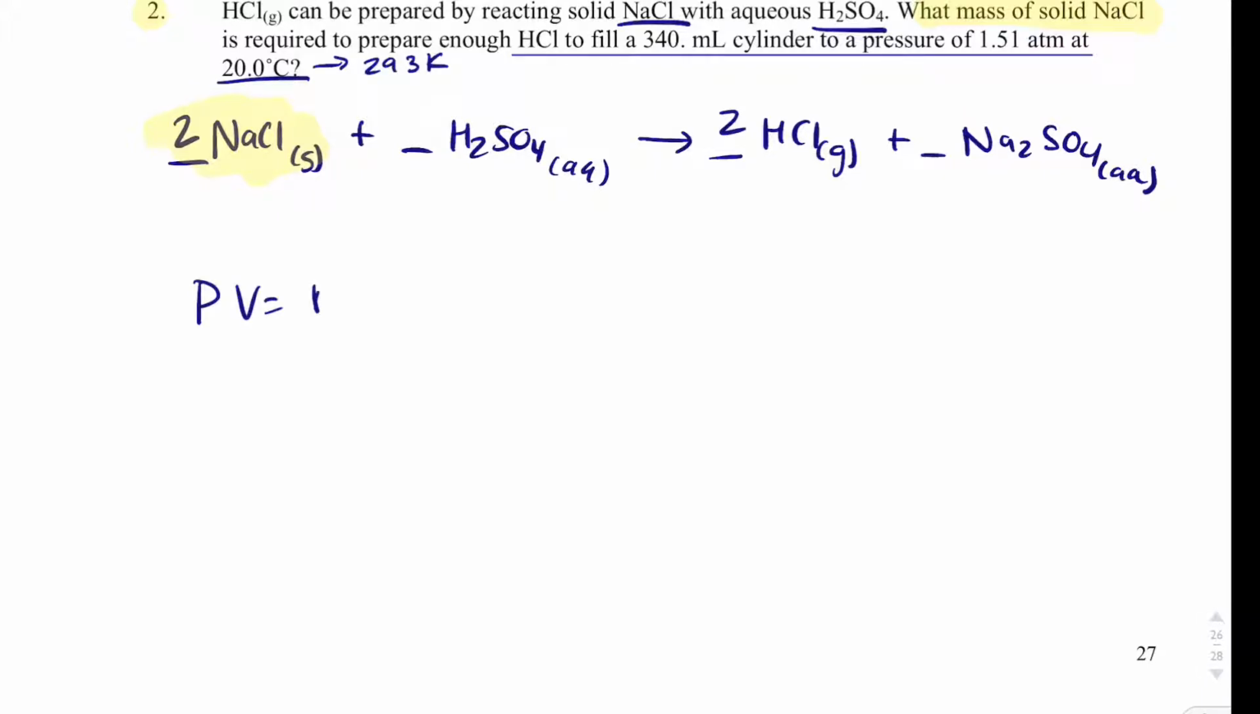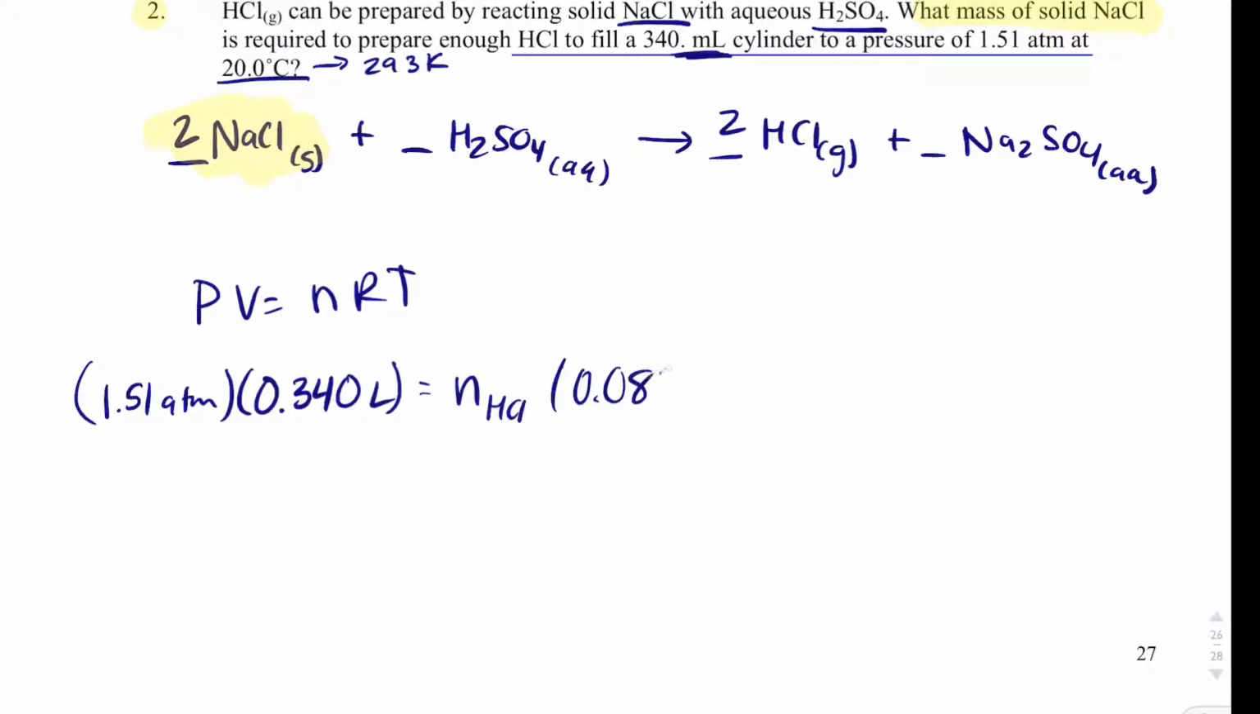So PV equals nRT. The pressure is 1.51 atms. The volume is 340 milliliters, which milliliters is not what I can plug in here, but that's an easy conversion. That's just 0.340 liters equals the moles of HCl times R, which is 0.0821 atms times liters divided by moles times Kelvin. And then the temperature is 293 Kelvin. So when I solve for the moles of HCl, I get